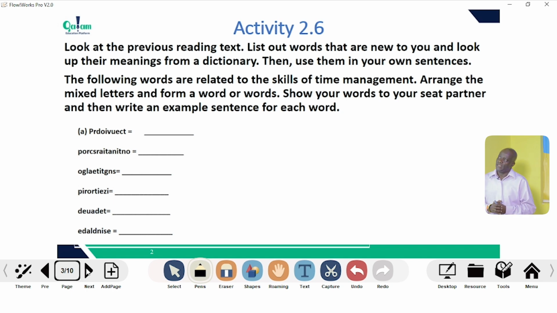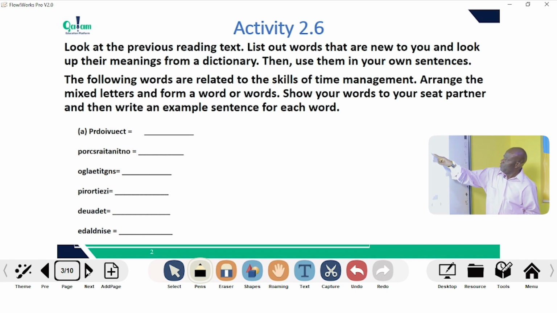So the following words are related to the skills of time management. Arrange the mixed letters and form a word or words. Show your words to your seat partner, meaning your desk mate. And then write an example sentence for each word. Okay? Now, this word, they have jumbled the spellings, but the word is